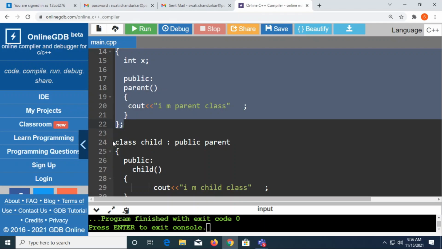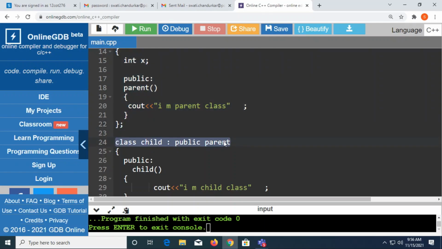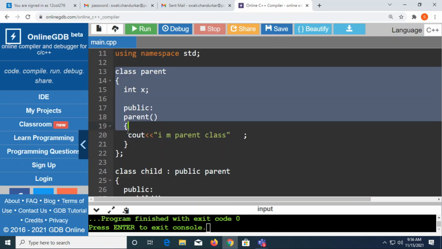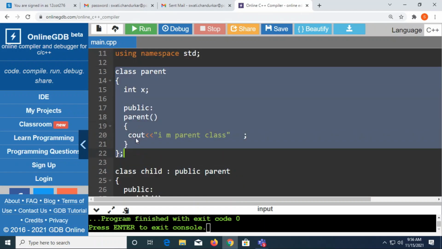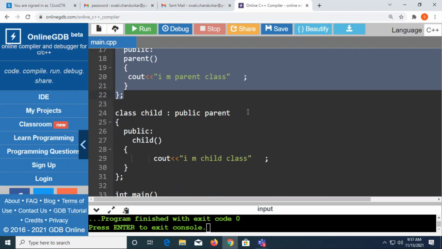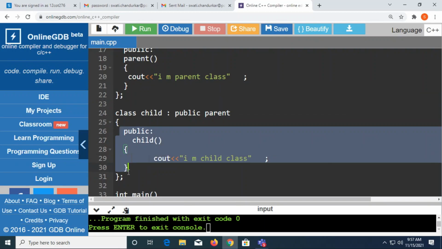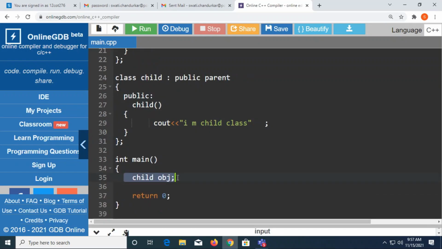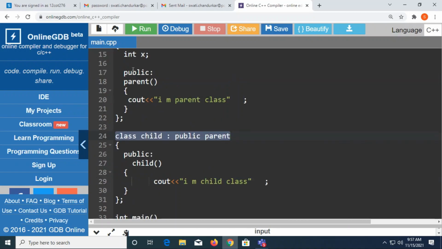So from here, the control will come to the definition of parent, and hence the definition of parent is executed. So by default, my constructor will be executed. Then after this, there is nothing after this parent keyword, right? So control will now come to here, and this will be executed later. So what is the meaning of this? When I executed a simple line like child obj, my control is passed to here, and from here, my control is passed to the parent class.